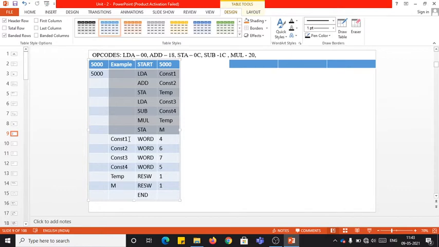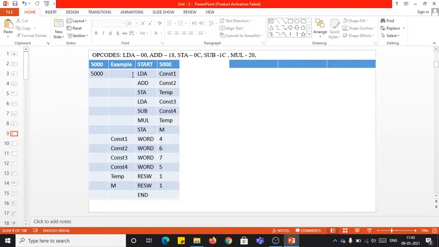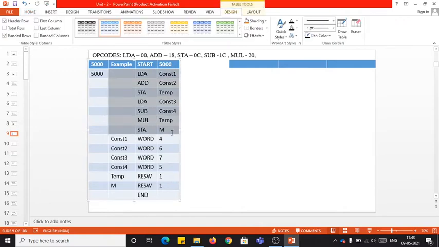I repeat, you need to categorize them. For the assembler directive instructions, how to assign the addresses, we will see later. And when it comes to the non-assembler directive instructions,